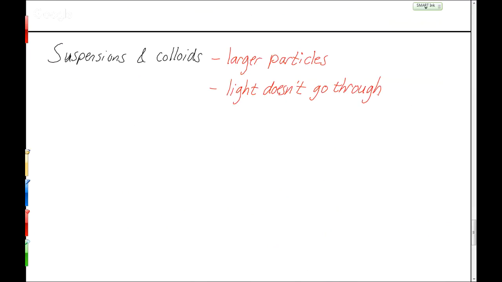So as you saw in the solutions on Tuesday, when you make a solution of something, like when that potassium nitrate went into solution, you could see totally through it. It just looked like clear water. And if you shined a light through it, or a laser or something, it would just go right through. A suspension or a colloid is something that kind of has a cloudiness to it. So that if you try to shine light through it, some of the light gets through, but some of it gets diffracted as well. So think about things like milk, for instance,